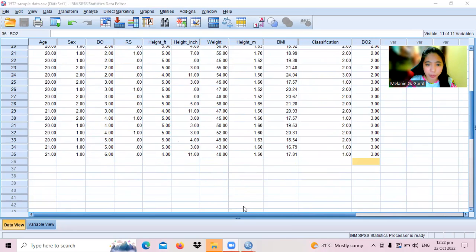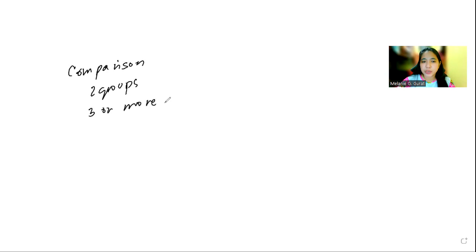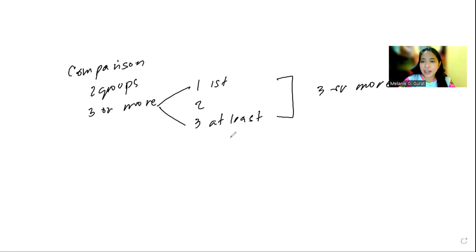So let's go back to our board. We are already done classifying what the category is. Remember that our problem is comparison. We know that it is a comparison, but we are not yet sure if it is only two groups or three or more. Since we have 1 for first child, 2 for second child, 3 for at least third child, this is 3 or more, telling us that the possible test is one-way